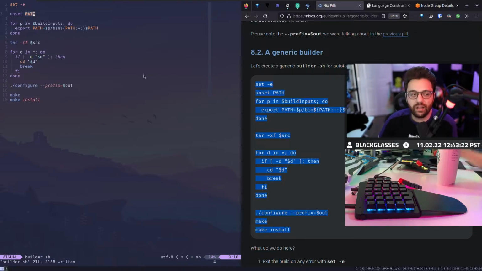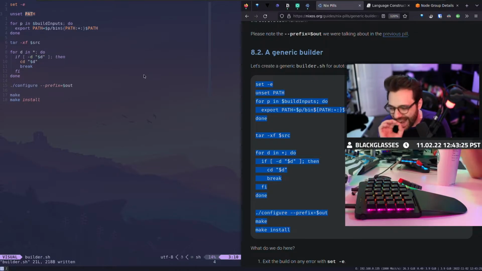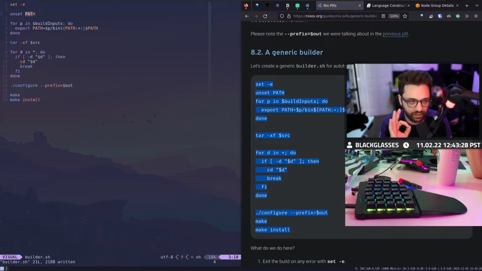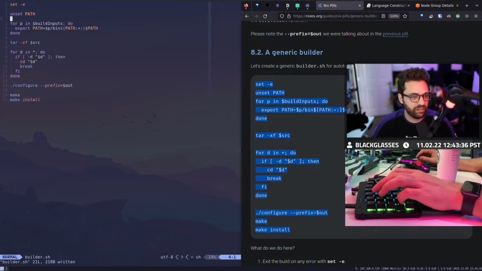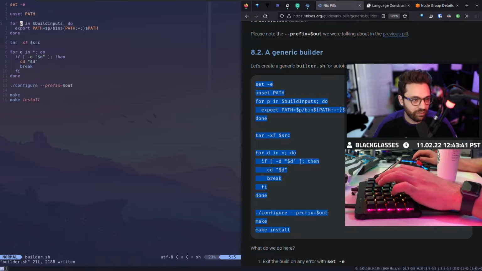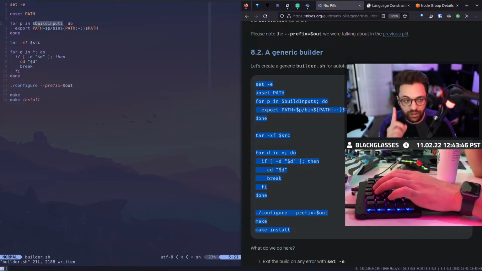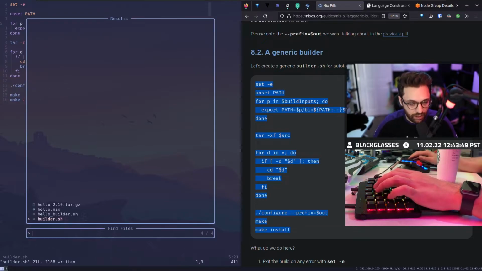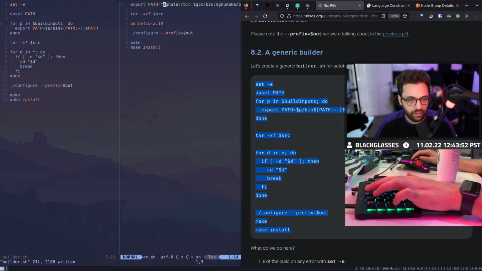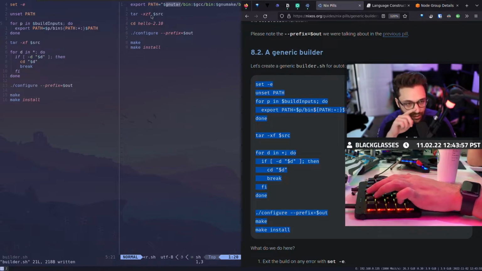Remember, I told you that by default, Nix does not allow anything into the build environment. It is completely isolated. So one of the things that we're making sure to do here is we are making sure to unset any type of path that is already existing, because we're going to override it with our own. And you'll notice that we have for PATH, build inputs, right? Just like in the previous example, if we go back to hello builder, and we had like GNU tar bin, right? I told you that arguments become environment variables.